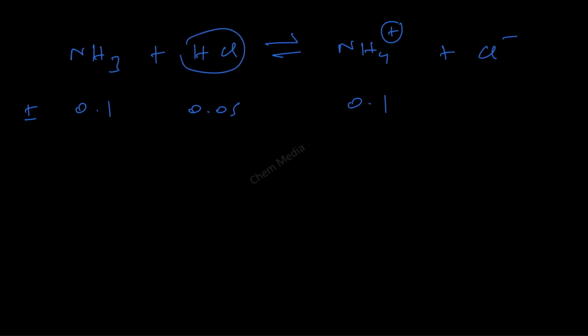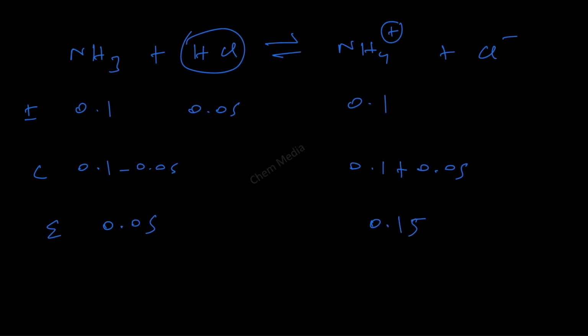Because HCl is a strong acid, it would try to neutralize, isn't it? So the change that would be happening is 0.1 minus 0.05 for ammonia, and 0.1 plus 0.05 for ammonium. So therefore at equilibrium the ammonia that we would be having is 0.05,